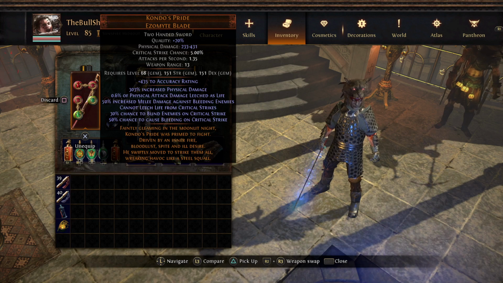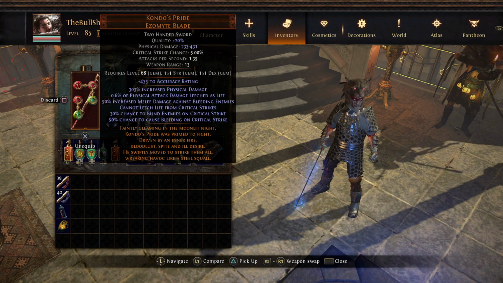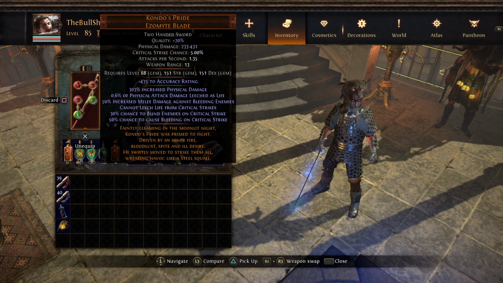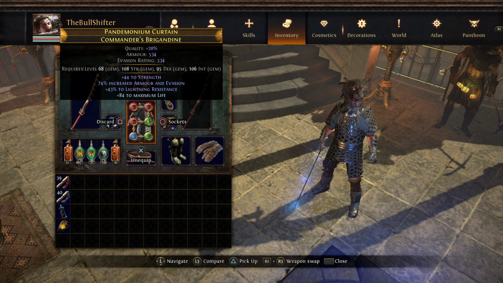Still using the Kondo's Pride blade. In retrospect, I probably would have been better off using a 2-handed axe for this build. However, this 2-handed blade still gets the job done. Really nice physical damage, and a few different modifiers that'll help me out a little bit if I do end up causing any bleeding. My chest piece, there's not a ton of modifiers on this chest piece, and that's because